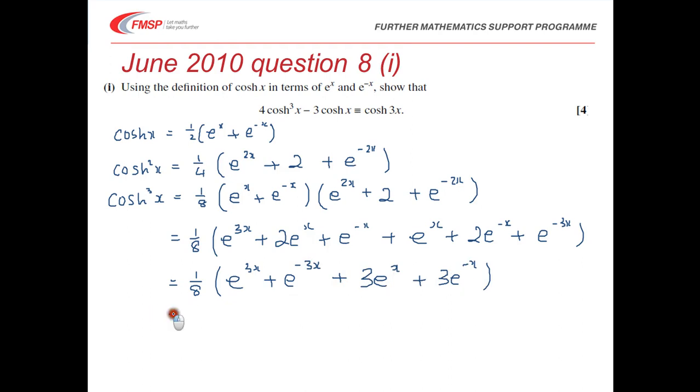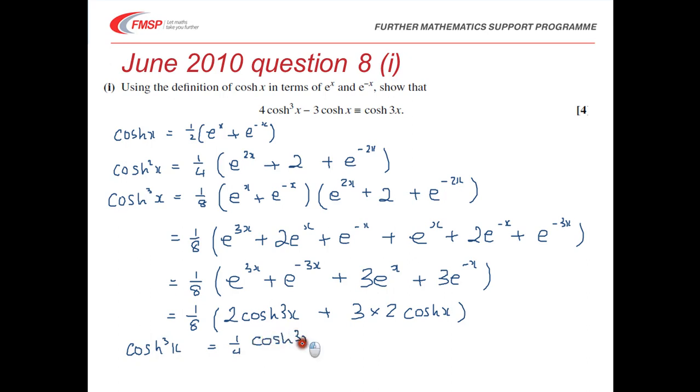And that, substituting back in now, e to the 3x plus e to the minus 3x would be 2 lots of cosh 3x, and then here we'll have 3 lots of 2 cosh x. So that tells us that cosh cubed x is equal to a quarter cosh 3x plus 3/4 cosh x,